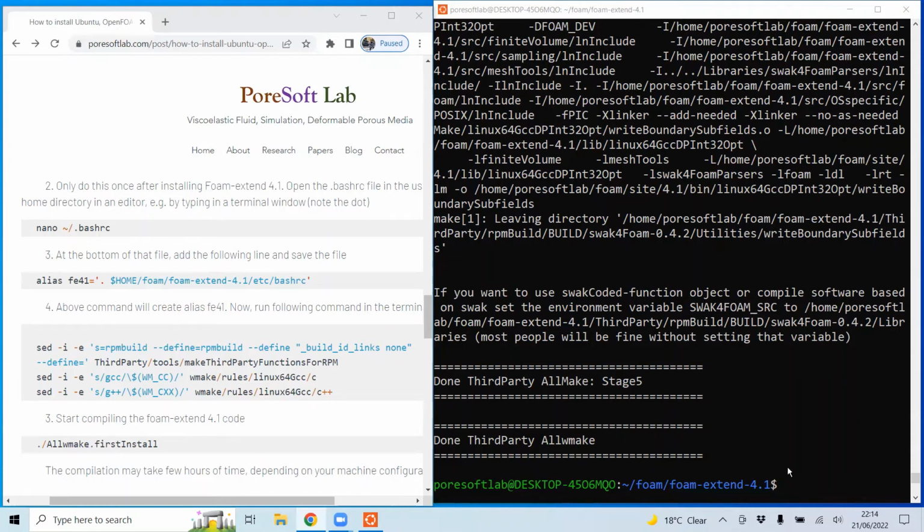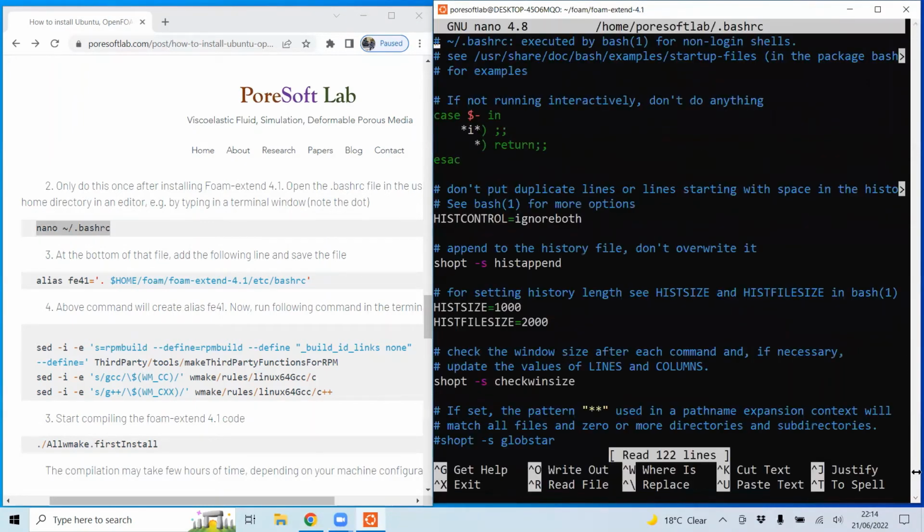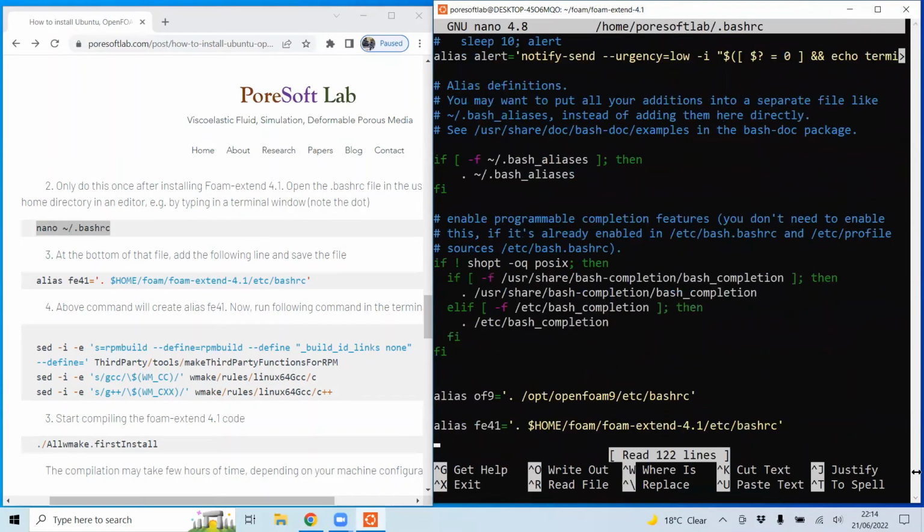Now, there was one mistake when I saved this alias file, so I need to correct that first. We'll do this step again. We'll copy this nano bashrc command here and enter, and go to the end of the file. Here there was a mistake. I had this thing before, so we should remove that.